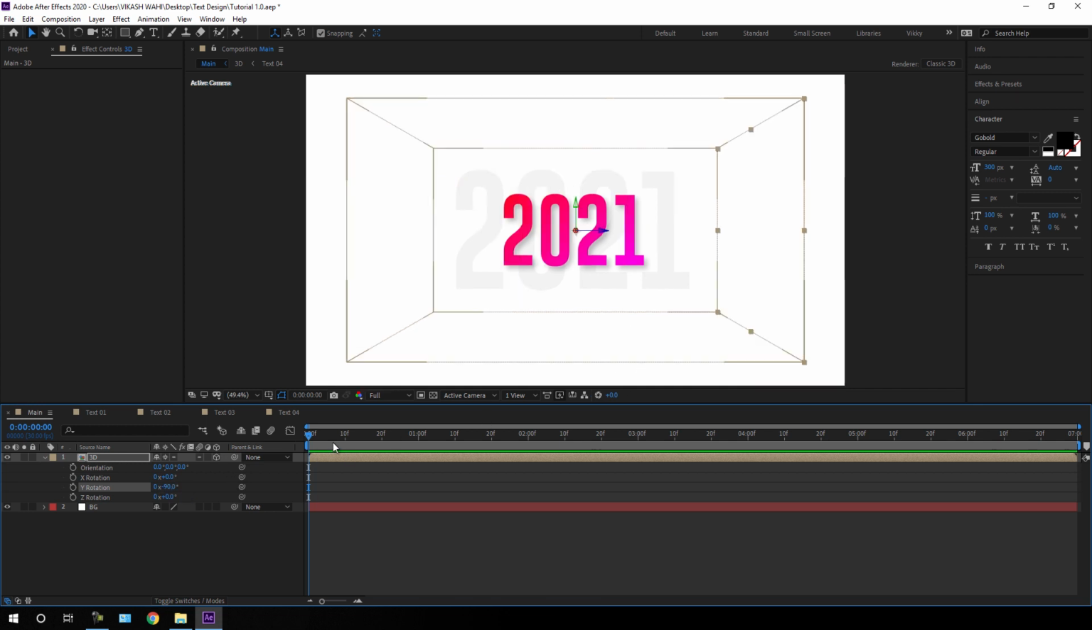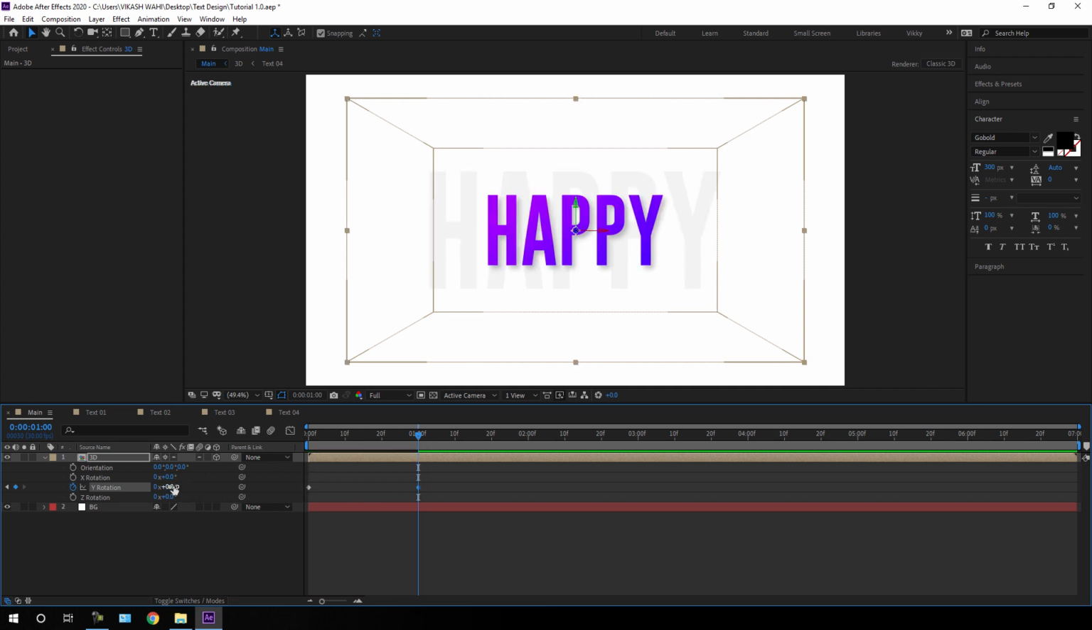All right, and click on this stopwatch button to create a keyframe on Y rotation and go 1 second forward in time, and again set this value to 0. This sets the first text on the screen, and we hold it for half a second. So just go 15 frames forward in time right over here, which is equal to half a second, and add one more keyframe and lock this position as it is, and go 1 second forward in time right